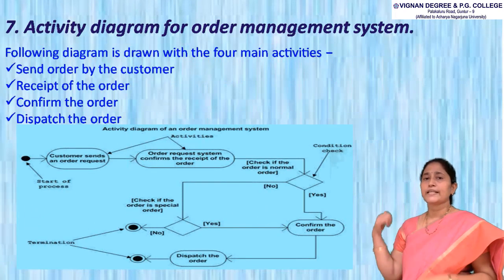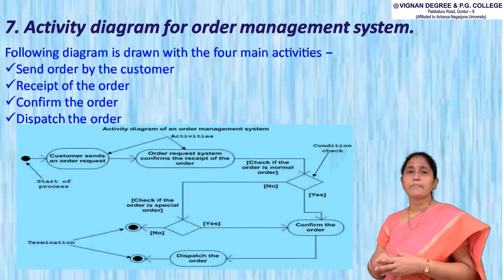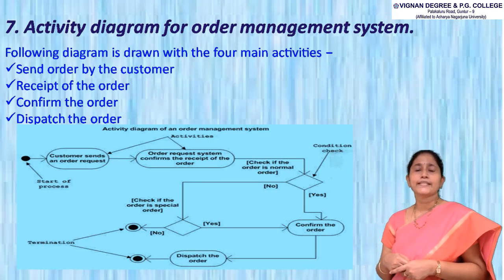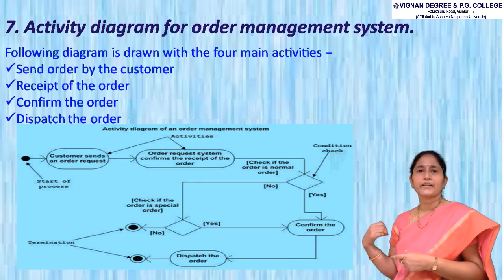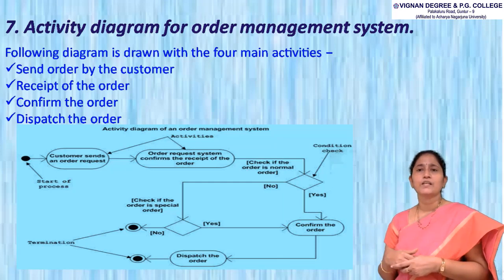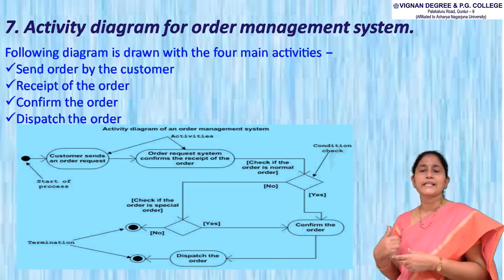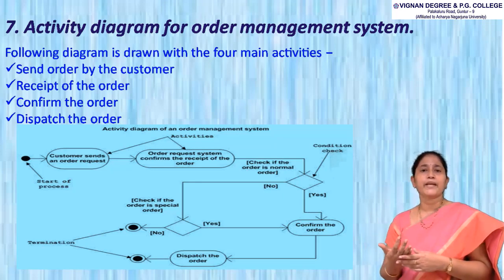So the next example is the order management system. The following is an example of an activity diagram for an order management system. In the diagram, 4 activities are identified which are associated with conditions. One important point should be clearly understood: an activity diagram can't be exactly matched with the code. The activity diagram is made to understand the flow of activities and is mainly used by business users.